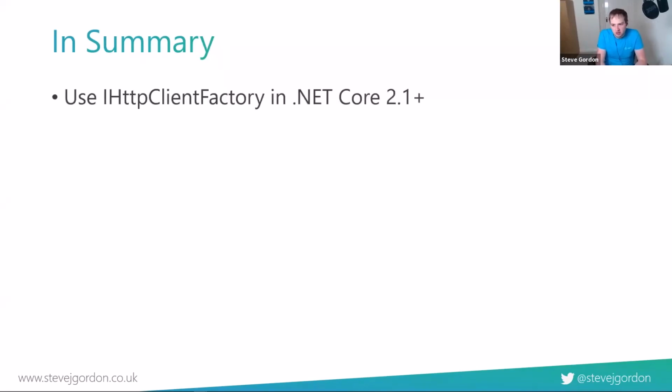So my general rule is if you're on .NET Core 2.1 or above, and really you should be because it's the only supported version, anything prior to that is not supported anymore anyway. 2.1 will be out of support reasonably soon as well, so bear that in mind. But if you've got 2.1 and you're using something like ASP.NET Core, I'd use the Client Factory feature. Firstly, it gives you that kind of connection lifetime management, so you get the socket reuse without DNS issues. Even if you want to configure that on raw HTTP client, as you can now do with that socket